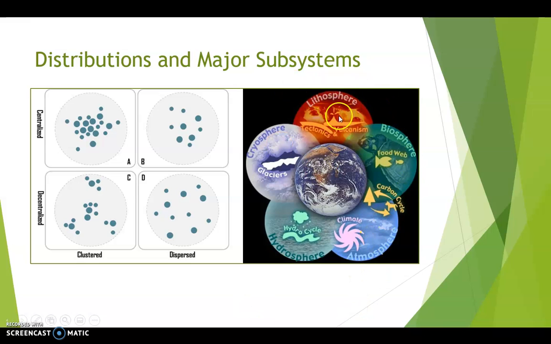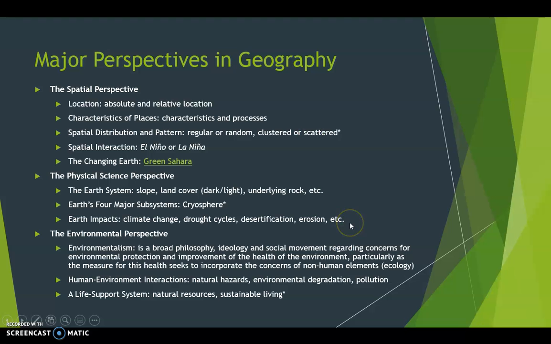So when we look at the lithosphere, the solid earth, the biosphere, the life layer, the cryosphere, ice, hydrosphere, water, atmosphere, the air, and we look at that all together holistically, this is what we're seeing when calling this thing planet Earth. So again, looking at the systems and subsystems, just check these out: drought cycles,